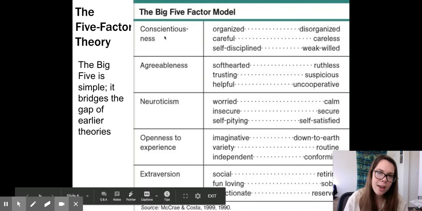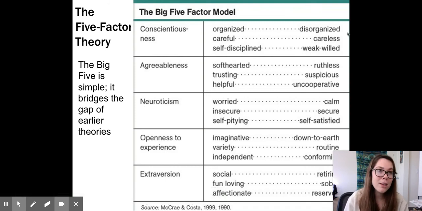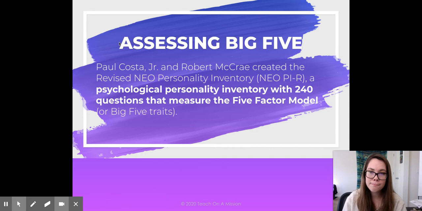This is CANOE. Maybe pick one of these to remember for conscientiousness, pick one to remember for agreeableness, just in case you need to write about it. I would highlight one for each that connects the most with you, so you can still get more detail if you need to. So that's the Big Five factor theory.